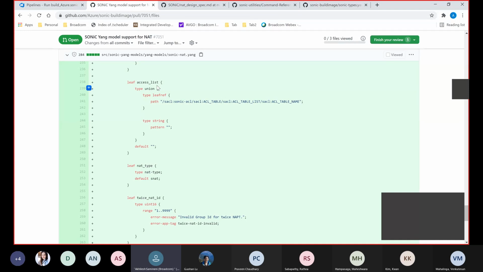So if our backend doesn't actually handle the case, then we need to put the default as empty string. You put the default empty string because the backend doesn't handle removing the access list once it's added. Yeah, that's my point.